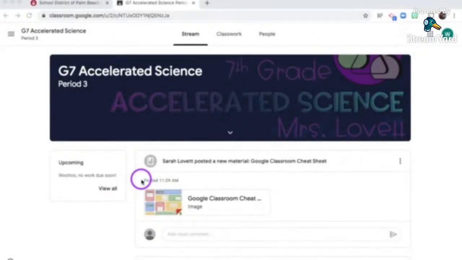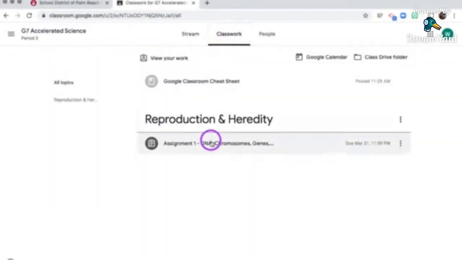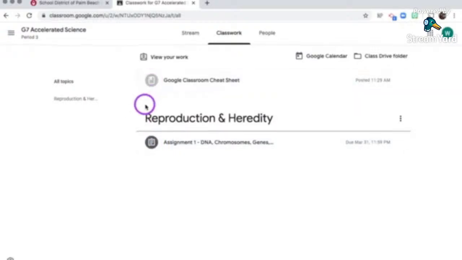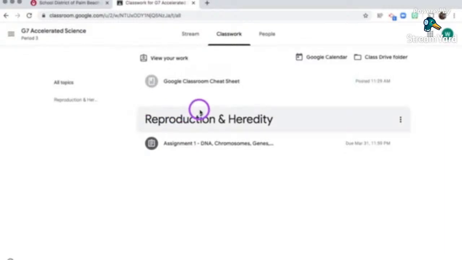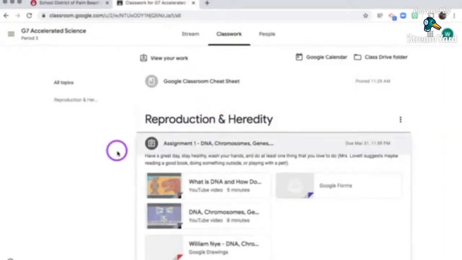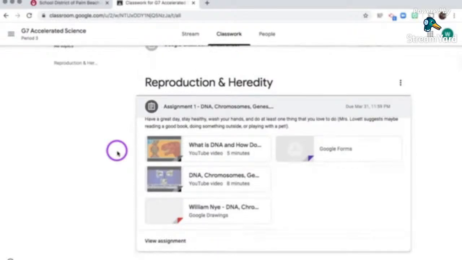Submitting work through Google Classroom is very simple. I'm just going to go and navigate back to my Classwork tab to get to my assignments. You'll notice on the Classwork page that there are different colored icons next to the post that your teachers put up. The darker icon means that this is an assignment you need to complete. The lighter icons are showing material that was posted by the teacher but does not contain an assignment within that particular post. If I click on an assignment in the Classwork page, it will expand so I can see all